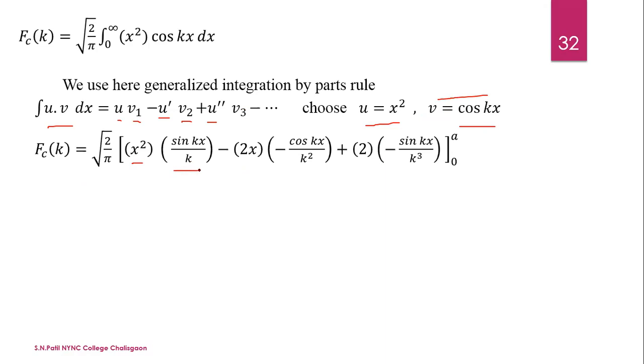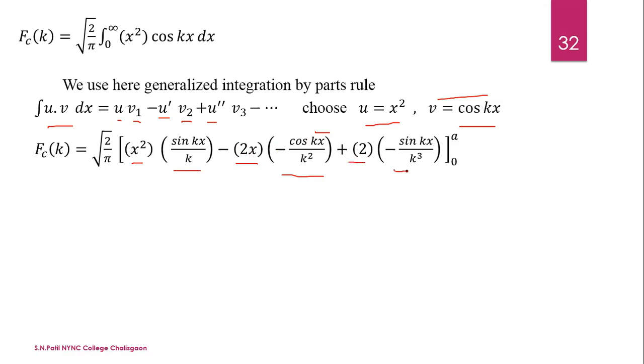U as it is into integration of v, which means the integration of the cosine function is the sine function, in the denominator the derivative of the function. The derivative of kx is k, minus u dash. The derivative of u is 2x, now into v2. V2 means integration of this bracket. Don't simplify this bracket. Keep this bracket as it is. The integration of the sine function is minus cosine function. Again the derivative of the function is k, and with the previous k it is k square, plus the derivative of 2x. Don't simplify the bracket. The derivative of 2x is simply 2.